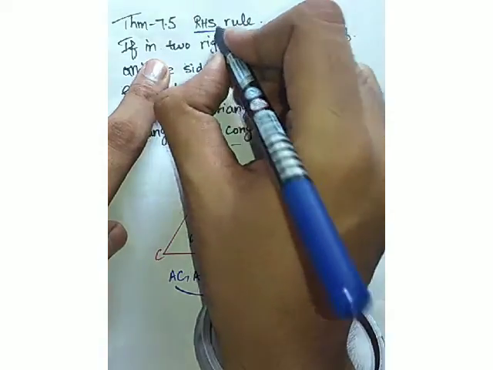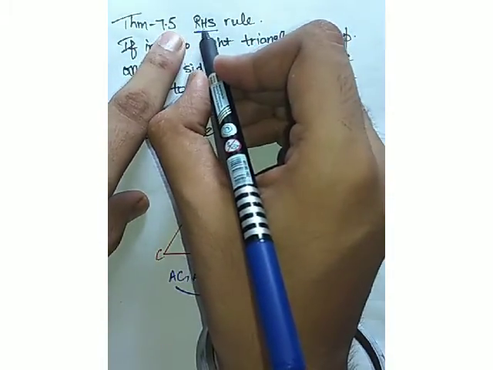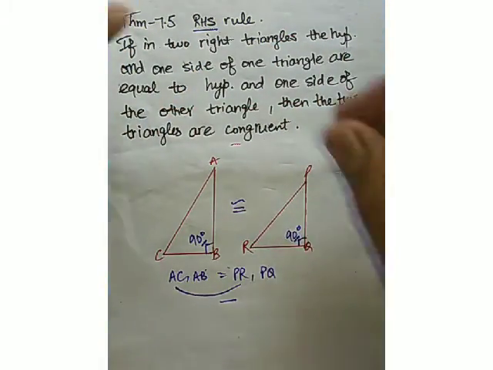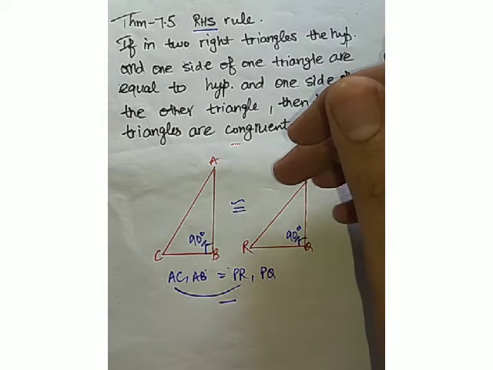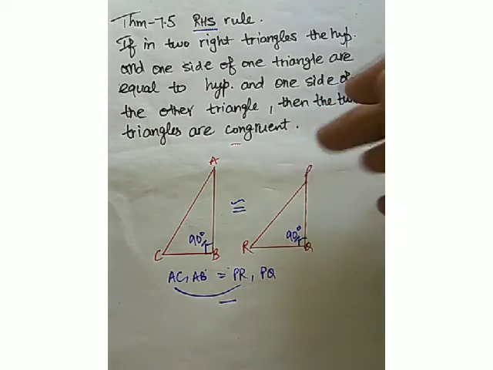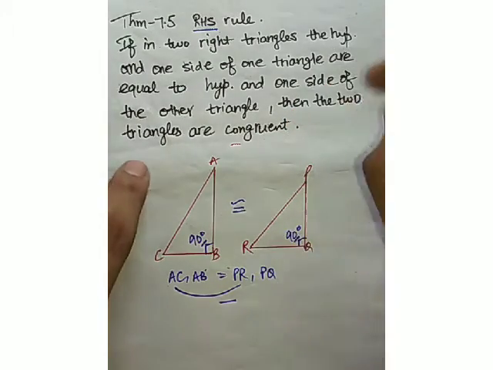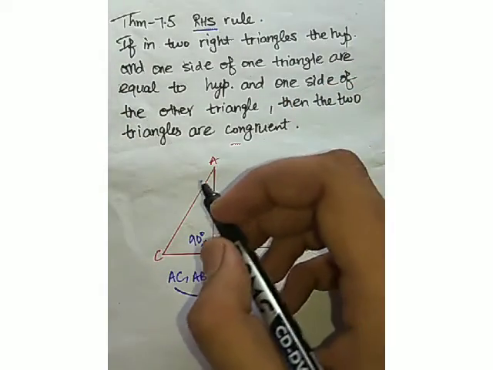Now talking about the expansion of RHS, that is right angle hypotenuse side rule. So this was RHS rule. So let's do some of the examples. Only two examples are there in this exercise 7.3, and we'll be applying these two principles. So just get refreshed and get reminded of these principles before starting the examples. All right, so let's move ahead.